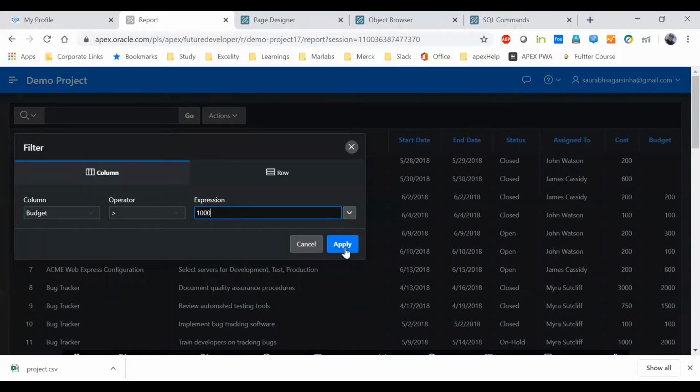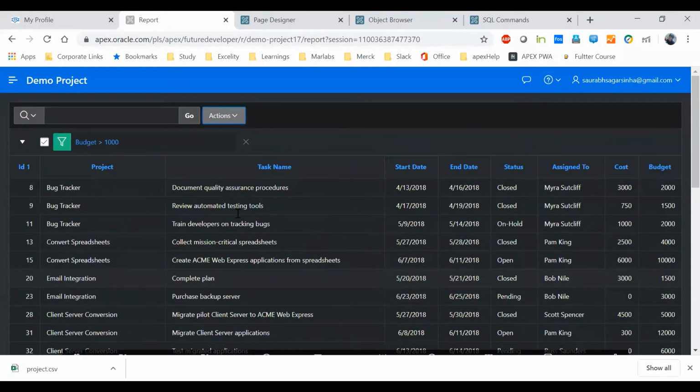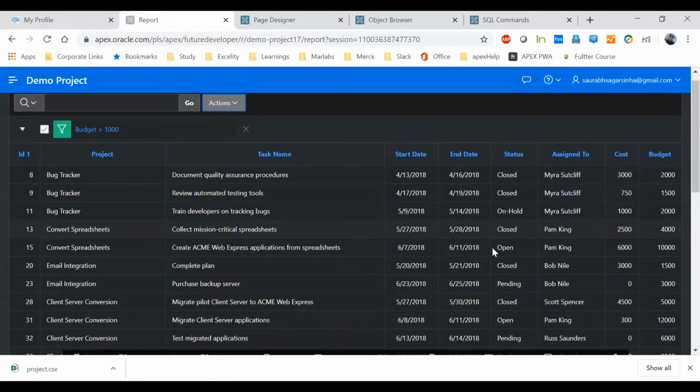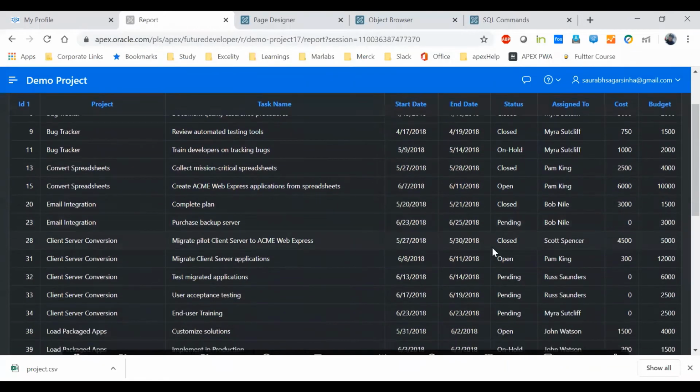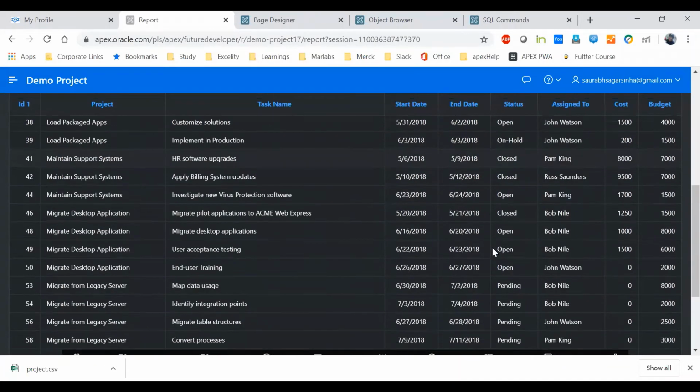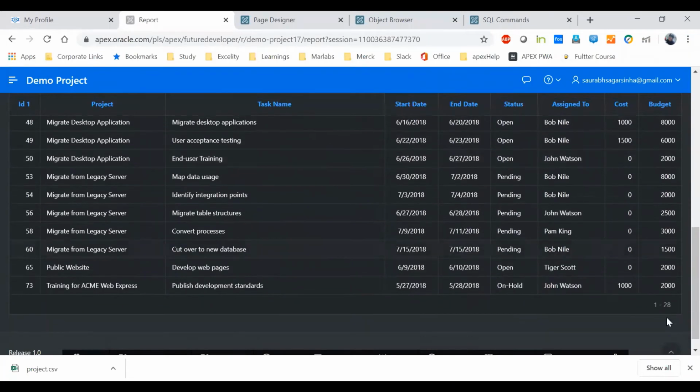All those kinds of instructions you can give to your report from here itself. No need to write backend code. This is for users who are using the Interactive Report. They can do their filtering from here itself. All the budgets that are more than 1,000 dollars or rupees are coming here. As you can see, we have a total of 28 rows returned.